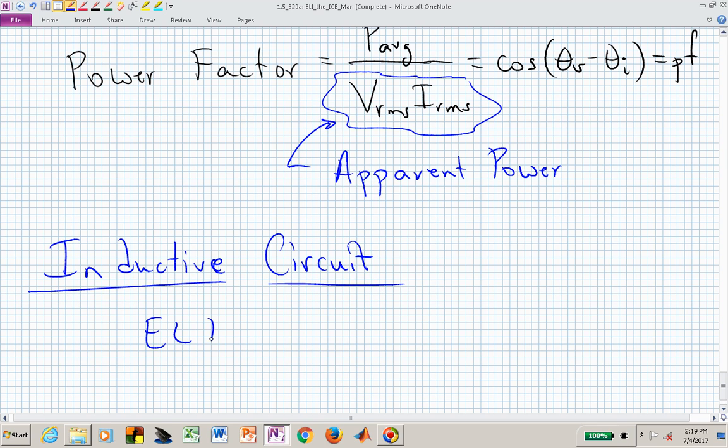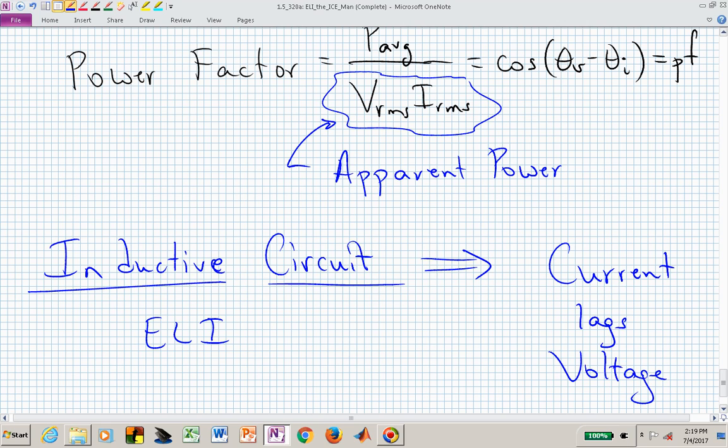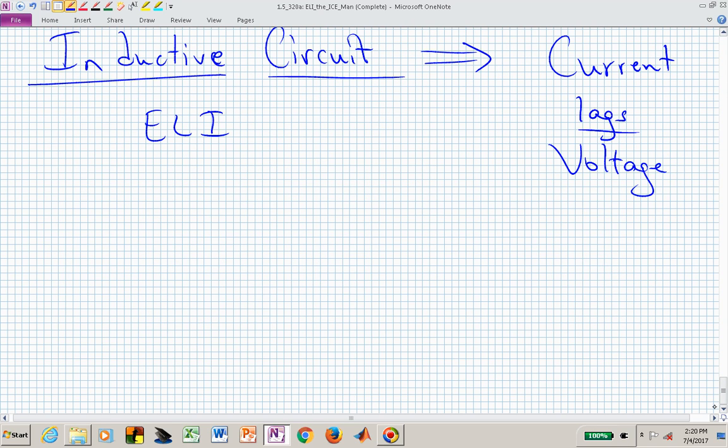But if it's now more tending towards an inductive circuit, then we can say, oh, we have an inductive circuit, ELI is in play, and we now know that the current lags the voltage. Maybe if it's not a pure inductor, it's not going to lag by 90 degrees, but the current will lag the voltage,